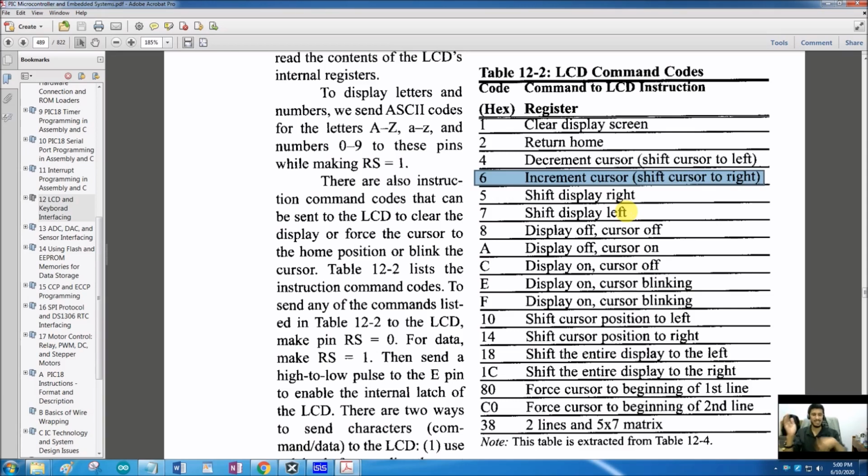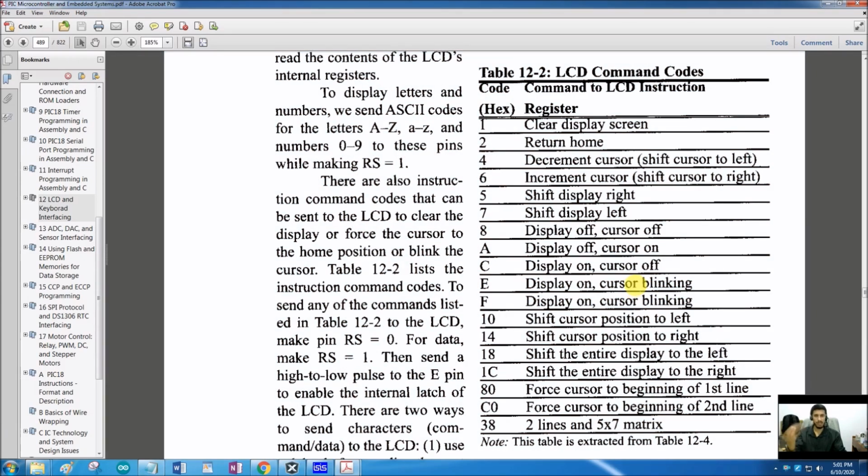Then when we send the second data, it should automatically be displayed on the second character, not the first character. So this 06 command will enable the automatic increment of cursor after the reception of each data, each character. Then what else we will be using is display on 0x0E and cursor blinking.